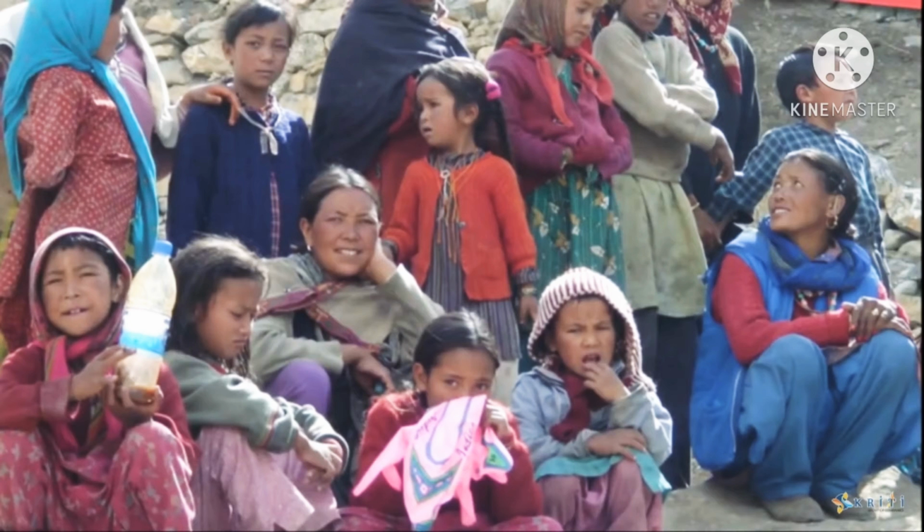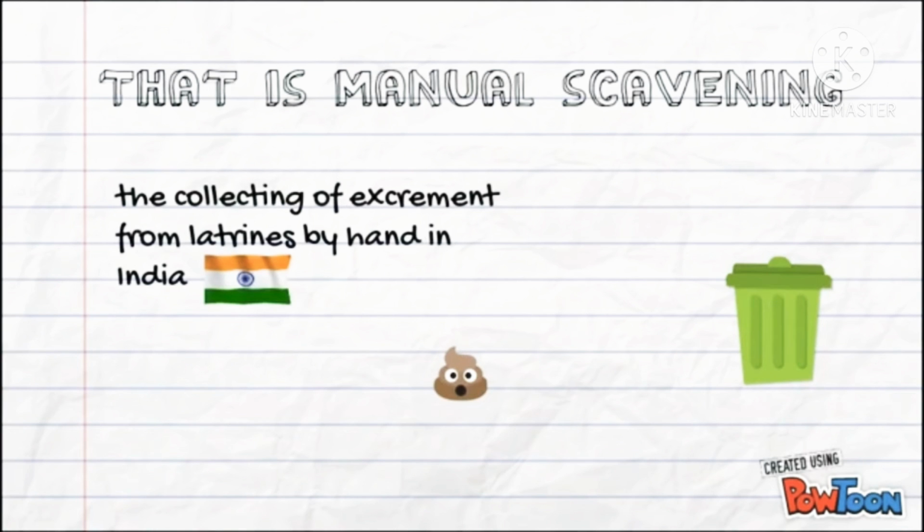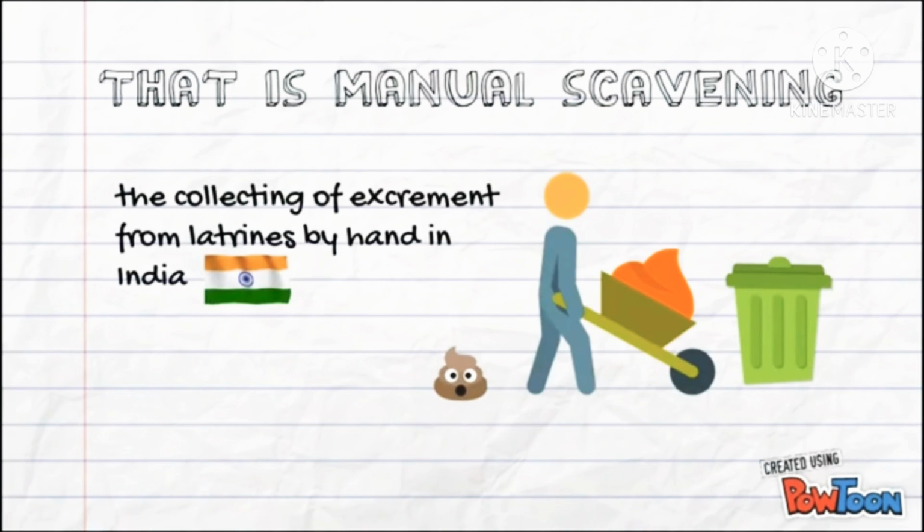But you know what? There is one more thing in our country which still needs to be rectified as soon as possible, and that thing is manual scavenging. Do you know what it is? Let me tell you. The practice of carrying human excreta in baskets on their heads is known as manual scavenging. I am repeating myself: the people of lower caste used to carry human excreta in baskets, and then carry that basket over their head to be taken away from there.